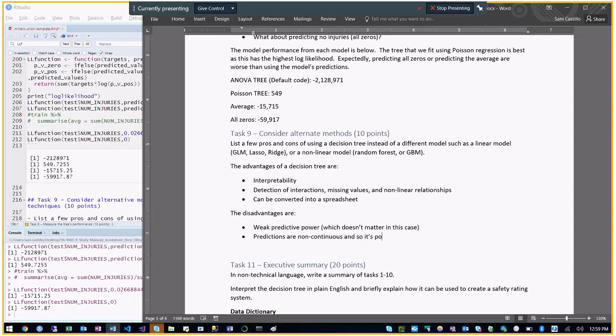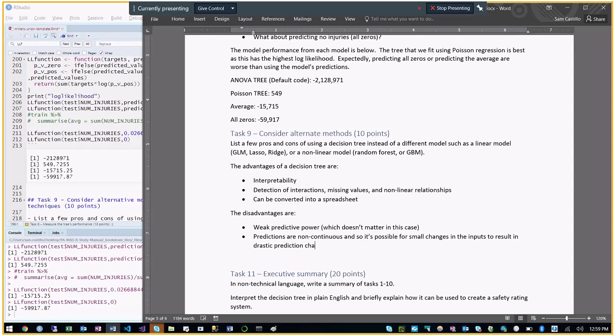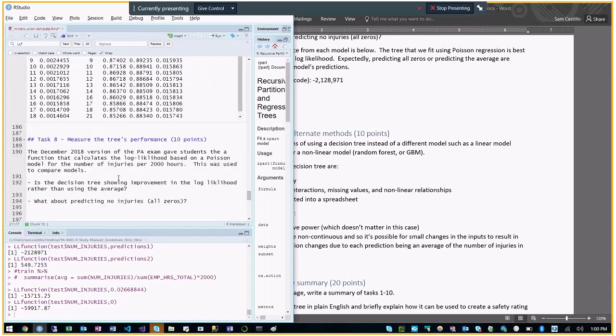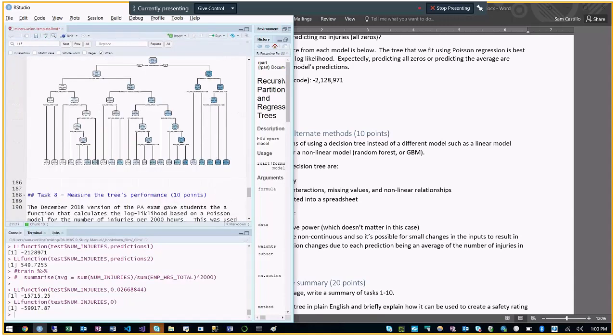And so it's possible for small changes in the inputs to result in drastic prediction changes due to each prediction being an average of the number of injuries in that bucket. In other words, if you look at the decision tree, it just means that